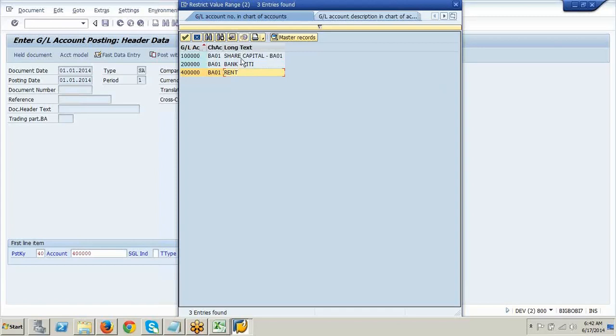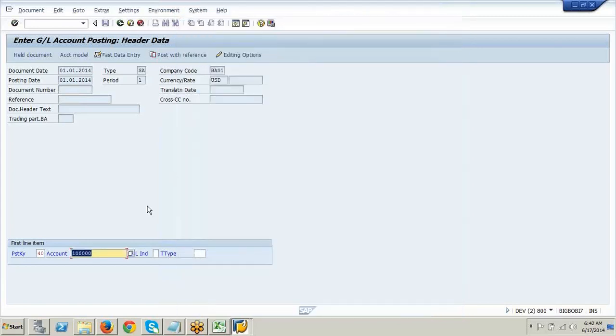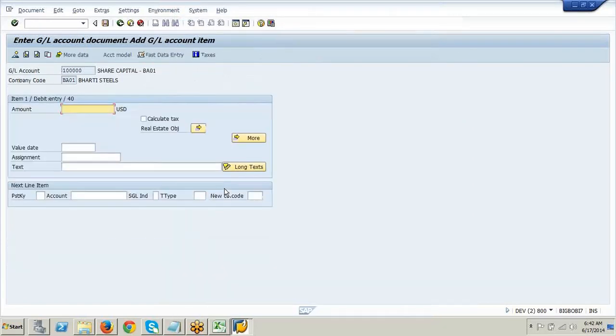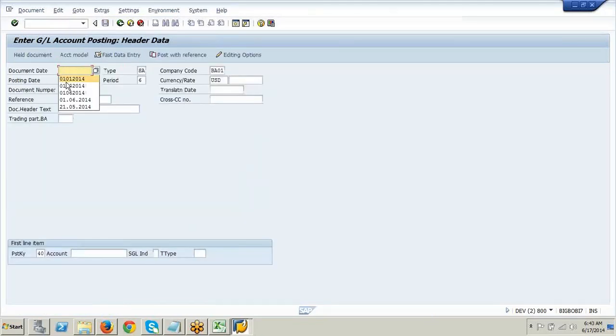When I posted to share capital, like this, it is going through, right? I'm able to post. But my question is, when I am trying to post to the rent account, it is telling it does not exist. This rent account does not exist, it is telling.